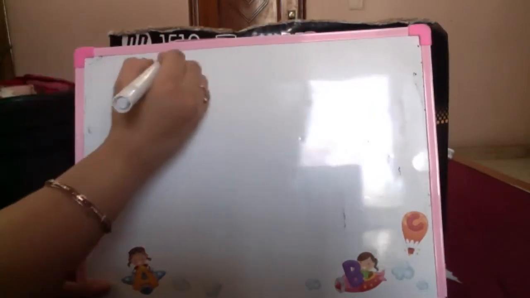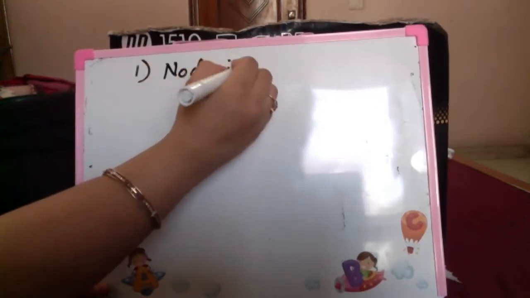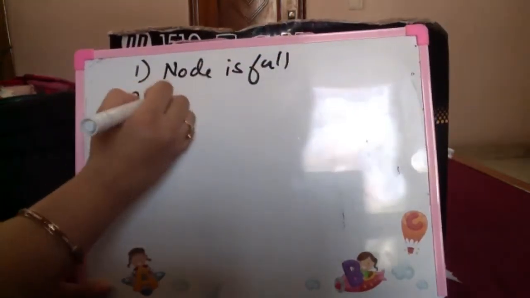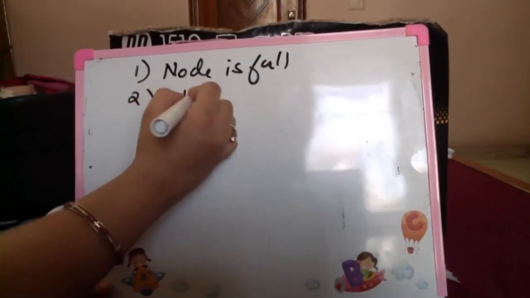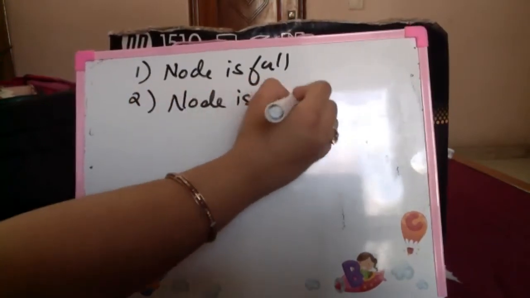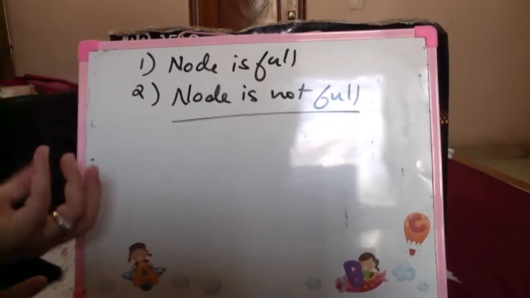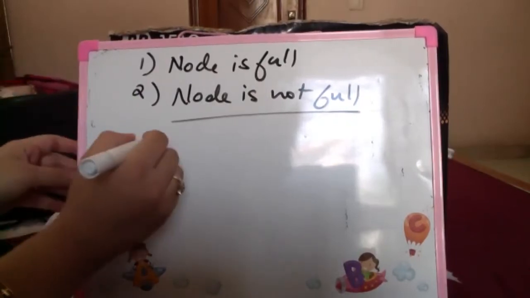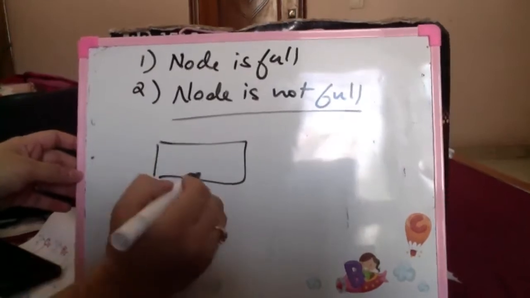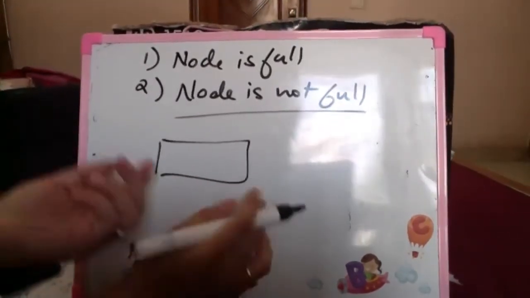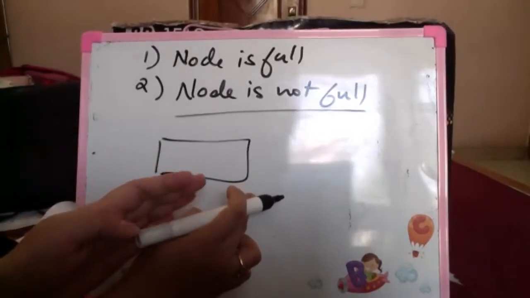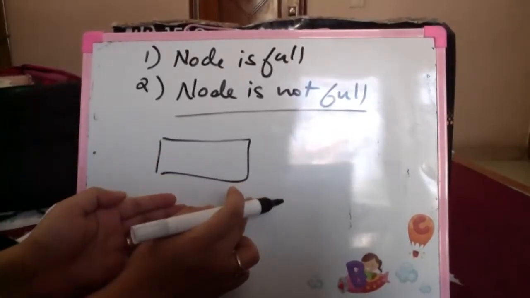Now, how do I create a B tree? How will insertion happen? To be able to insert, there are some points I need to know: where I have to insert, and whether that node is full or still has space. In case the node is not full, I can insert in that node simply. In case the node is full, then what do I do for insertion? Every node has elements in increasing order only, so I insert the data according to the increasing order of the elements.